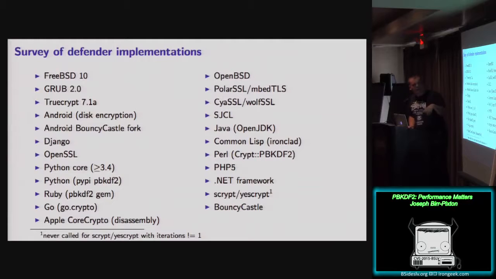Interesting things on this slide. scrypt: most people know scrypt has a PBKDF2 pre-processing and post-processing step, but it only runs it with iterations 1. So it's kind of interesting, but it doesn't change scrypt in any way. However, if you want PBKDF2, you probably shouldn't go and take theirs. And Apple CoreCrypto as well, which was mentioned yesterday, I think. All the rest were from code review. This one's from disassembly because Apple hates freedom.